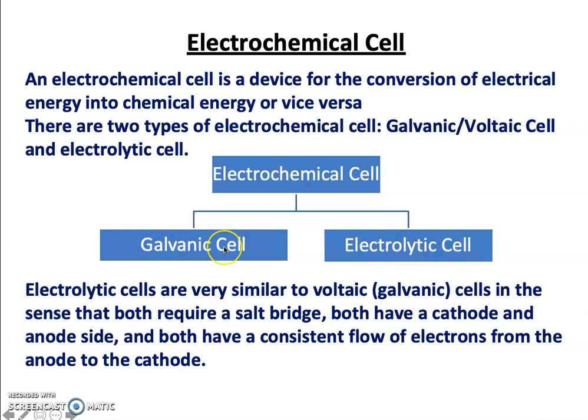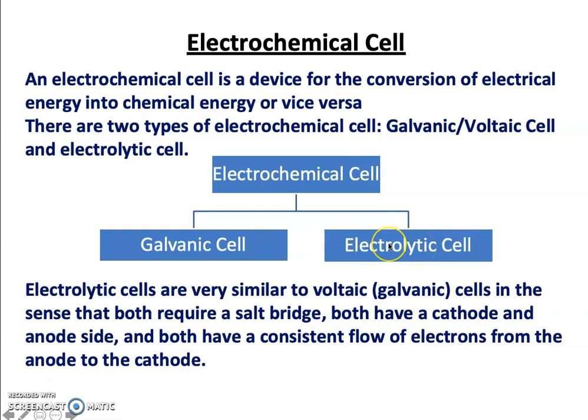So the galvanic cell, as I have said earlier, is where the chemical energy is getting converted to the electrical energy. So where is the chemical energy coming from? It is coming from the redox reaction taking place within the galvanic cell. And in the electrolytic cell, the reverse is taking place. That means the external supply of electric energy is getting converted to the chemical energy, and this external source of electrical energy is driving the redox reaction to take place. So these two are the major differences.